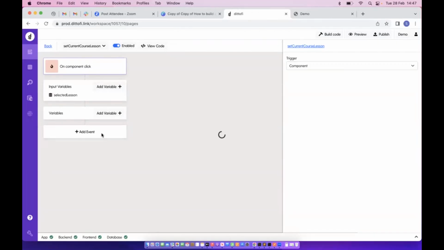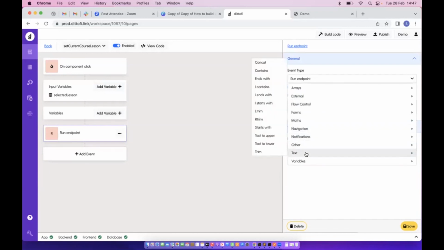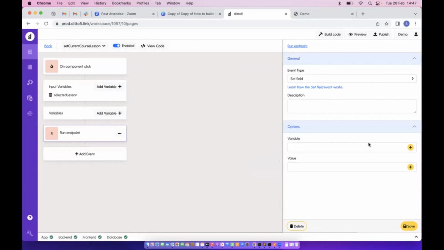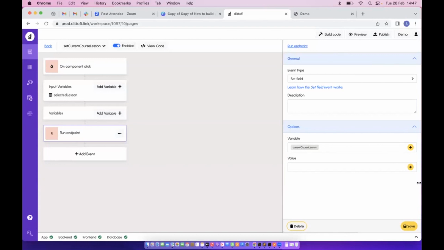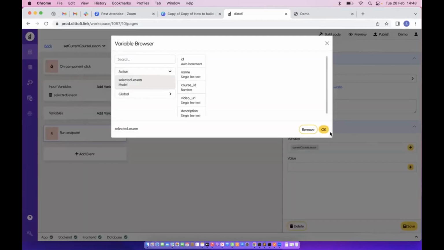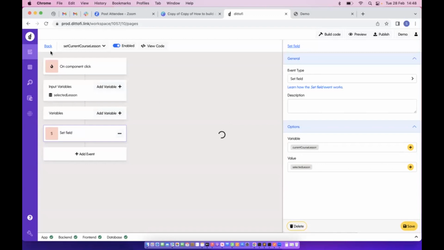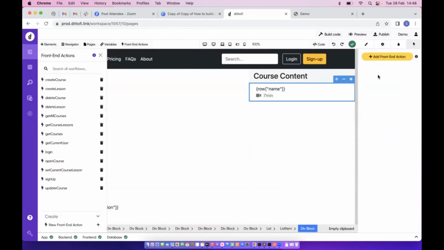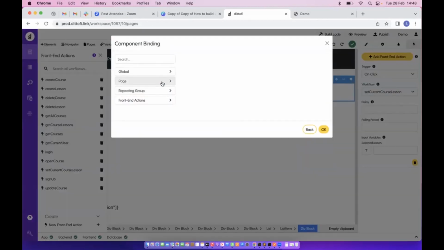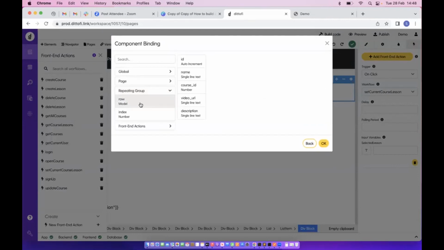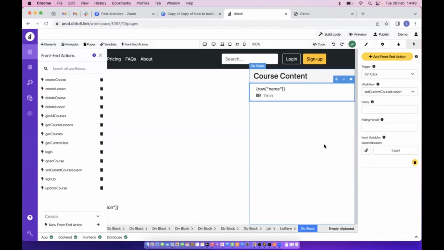And then I'm going to add an event here, and we're going to use that set field event that we saw on the previous actions. I'm going to say I want to take my current course lesson variable that I made, and set its value equal to the selected lesson. And save. Now I can add a front-end action here: on click, set current course lesson equal to the individual lesson that I've just clicked on, so the individual row that I've just clicked on here. So if we just build this again now,